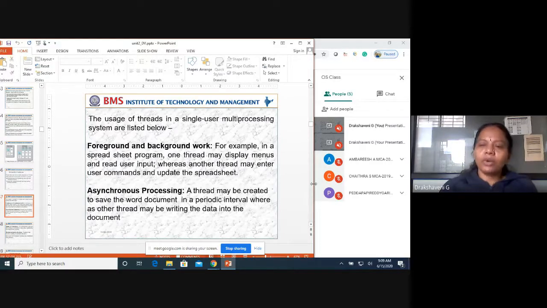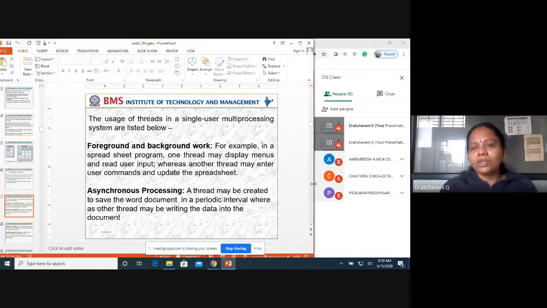So in that case, for the front end we can take one process, one thread; for the back end we can take one thread; and for the connection we can also take one more thread. It is similar to having one student do all three, which will take some time. But if each student creates one part, one student doing the front end, one doing the back end, and another doing the connection, all three can be done in parallel in one day. Then we just connect them, and it will be easier.